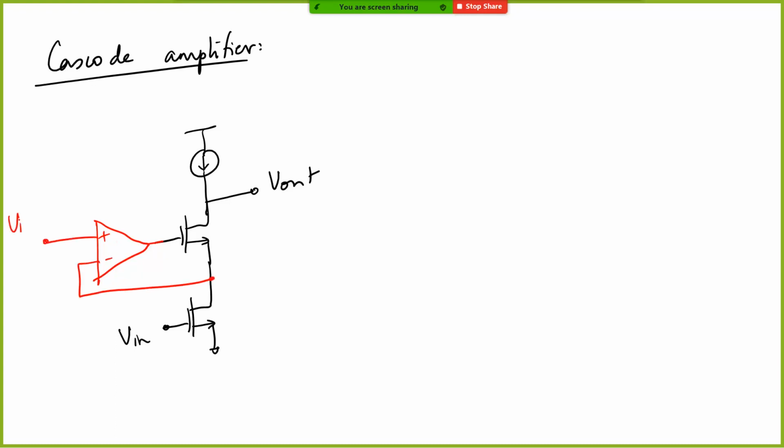Now, here what happens is you give, let's say, another VB dash, right? And the input is not given here, right? But basically, what this does is, this op amp, let's say this is M1, this is M2, right? This gain boosting technique. So what it is basically doing is improving your output impedance.